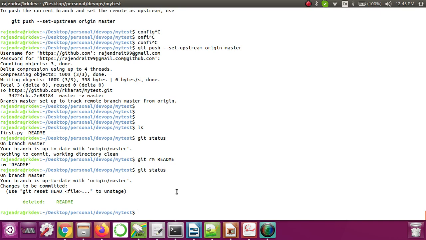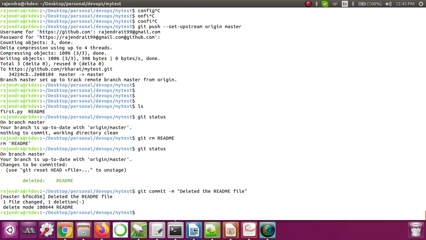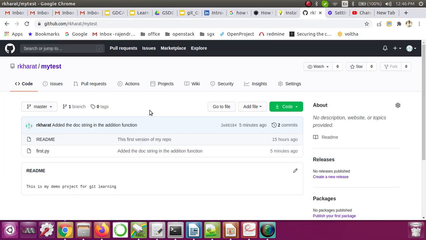Okay, so how we can commit, we know that git commit -m and then add some message. Okay, deleted the readme file. Okay, so now this is the commit message. Okay, so now it is showing changes happened. Now let's push.